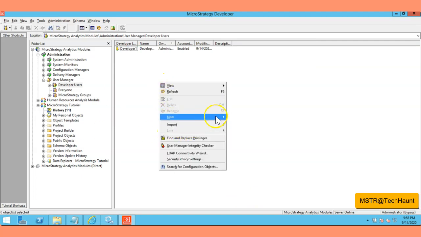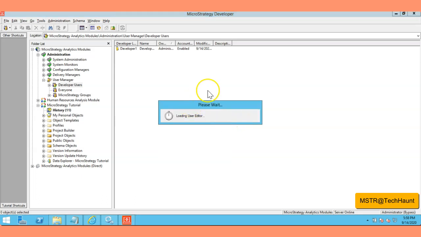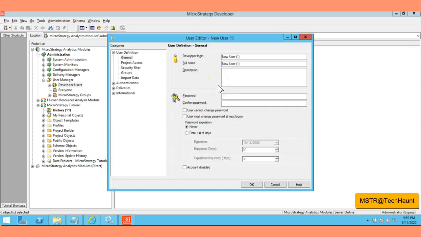Okay, and let me create one more user here. If I go to developer 2, I'm entering their password.